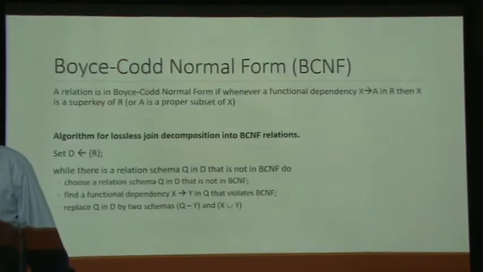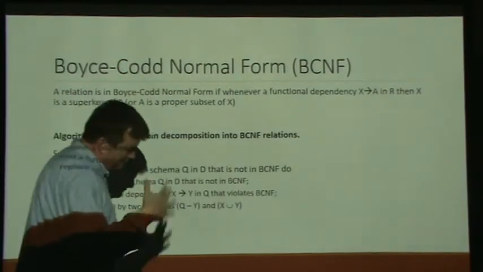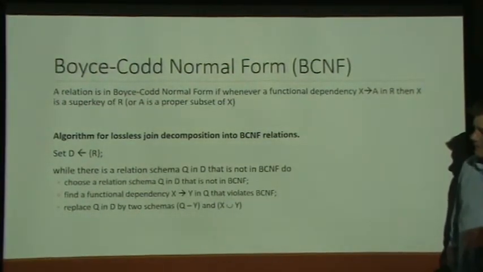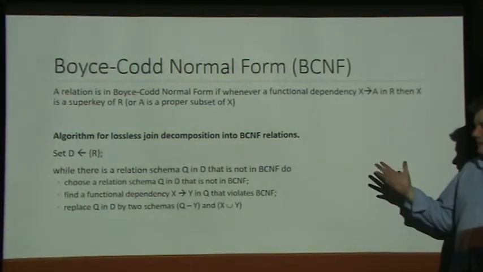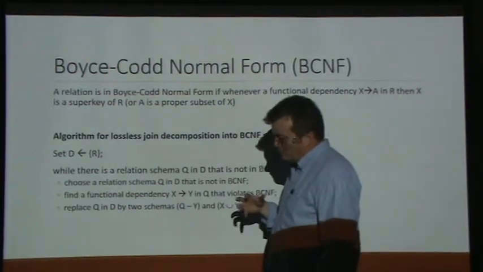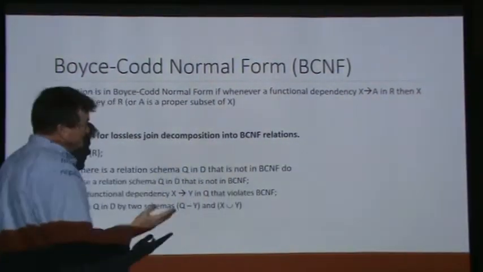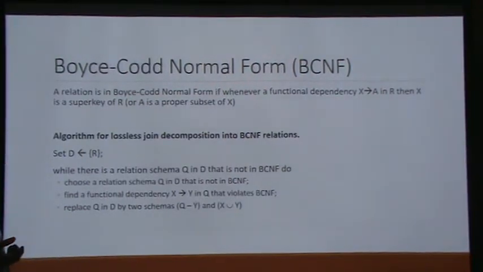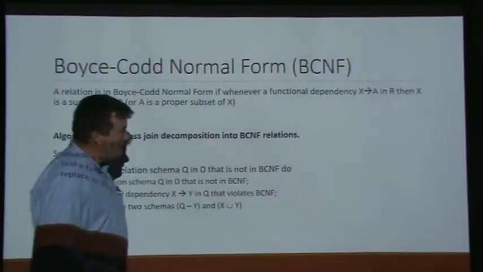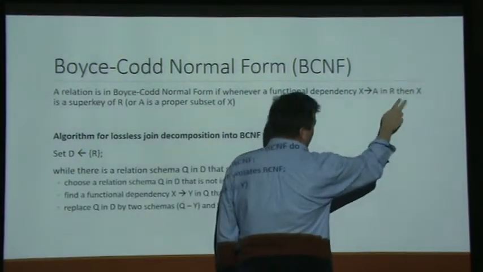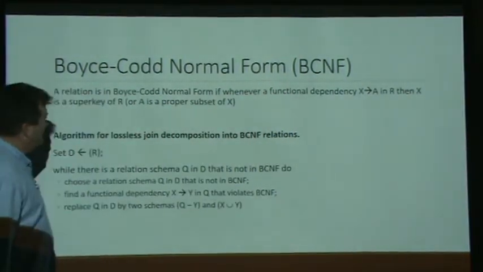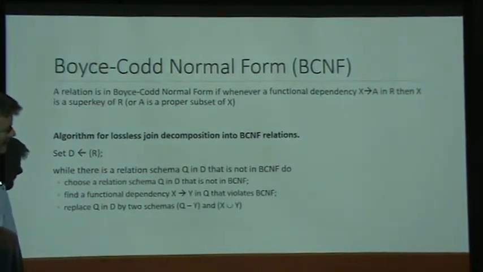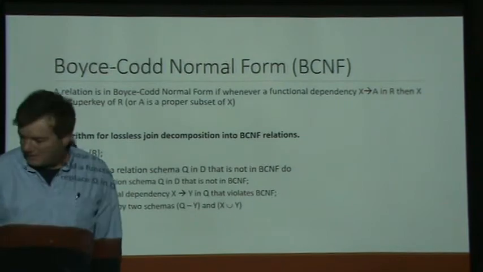Okay, so our last slide, which will kick off our next talk, is basically putting your database into what's called Boyce-Codd normal form. Whenever there's a functional dependency X gives you A in a relation R, then X is a superkey of that relation. So the idea is to try to not have